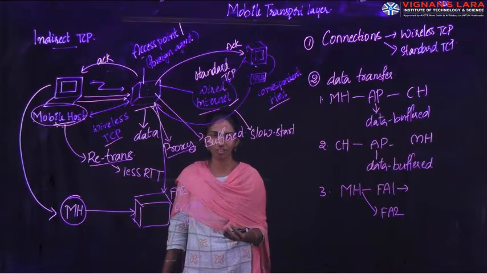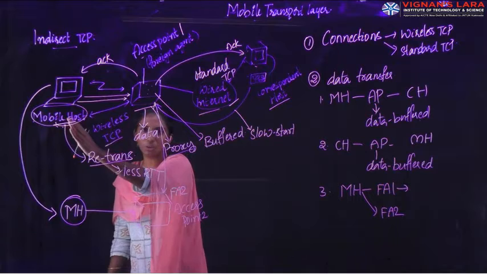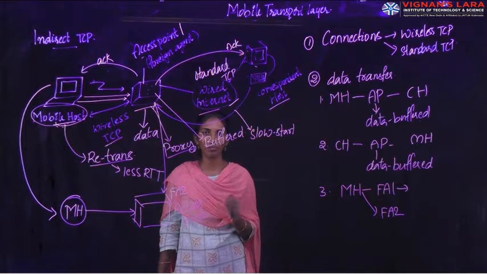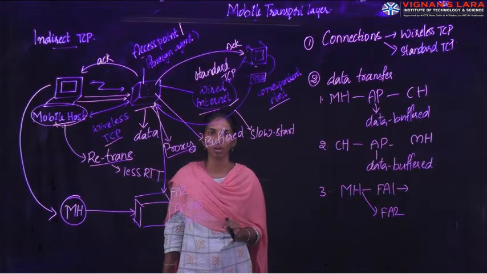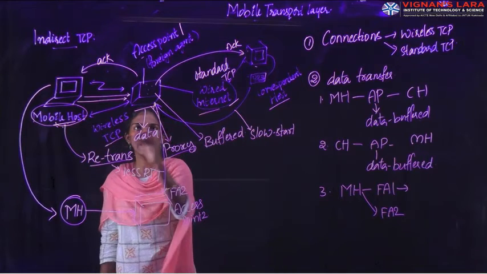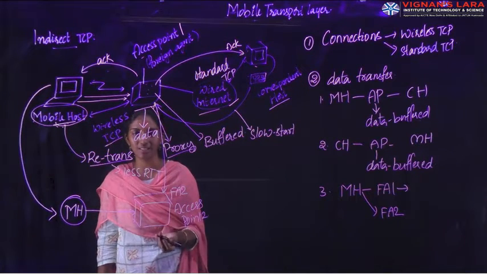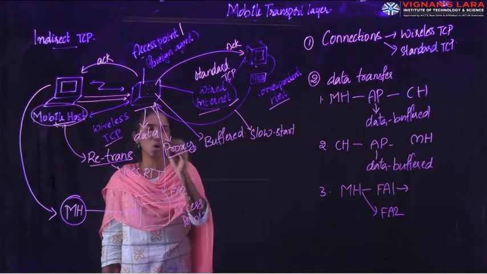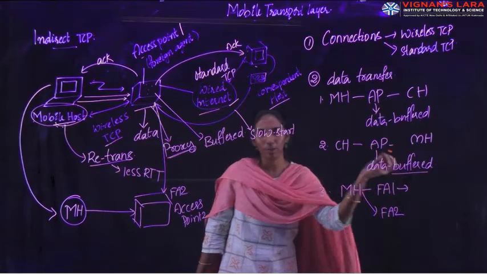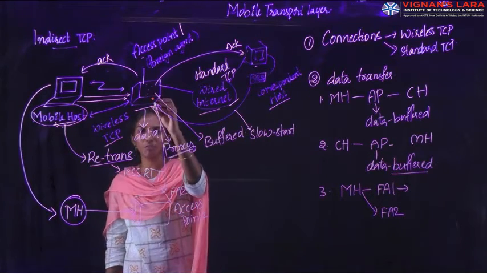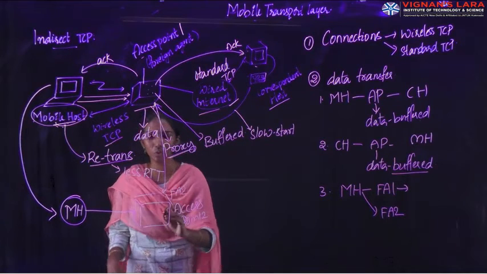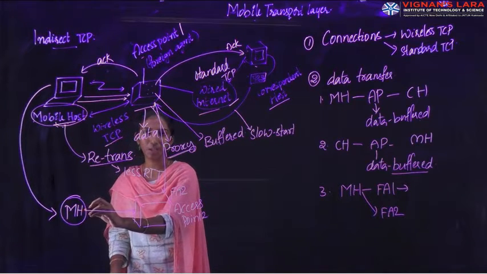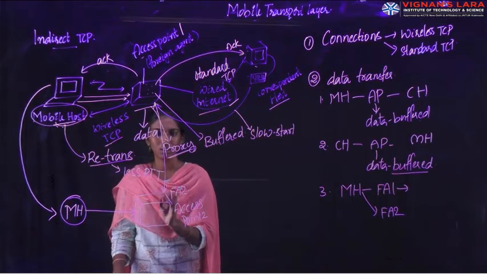Whenever it is transferring the data to the mobile host, sometimes the host will not be available. At that moment, it verifies whether the mobile host is in its network or not. If the mobile host is not in its network, again it needs to verify who the foreign agent is. We have already said that this is going to act as a proxy, and it also has the concept of buffering. Because of the capacity of buffering, it is going to send this entire data to FA2. Now this FA2 will start transferring data to the mobile host. So this is the case happening with the data transfer.